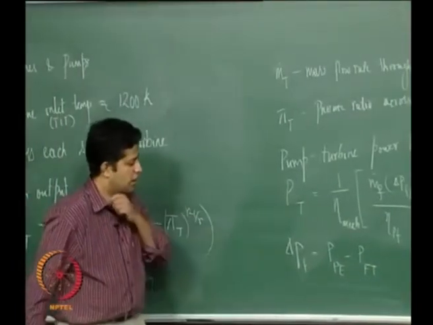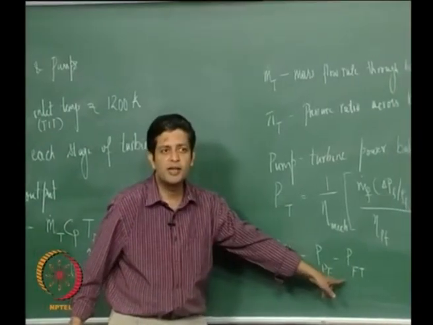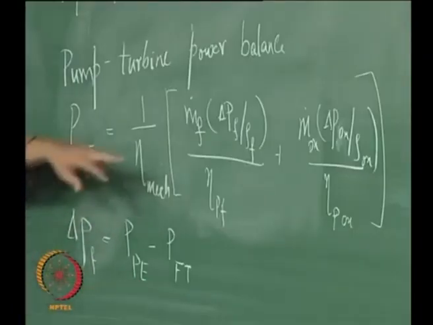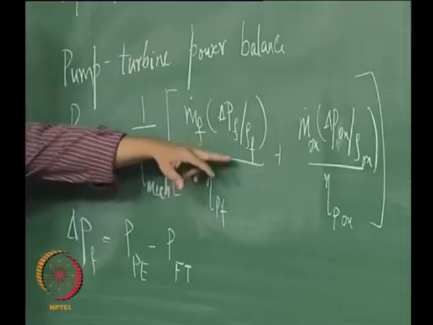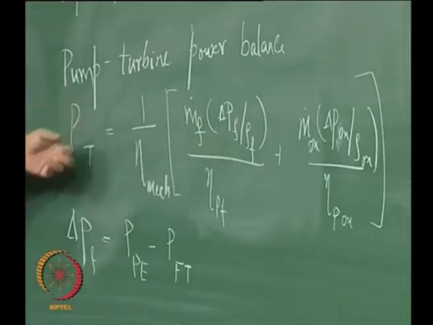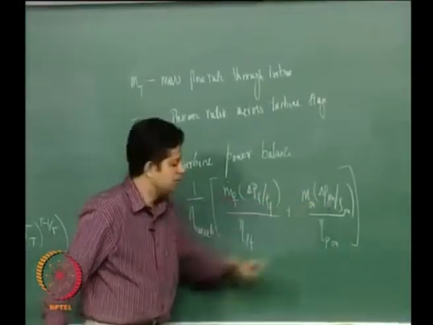Okay. What is the pump exit pressure that we want minus what was the pressure that was there in the tank will give this delta P by density, this will give the head rise, right. And similarly for oxidizer you have